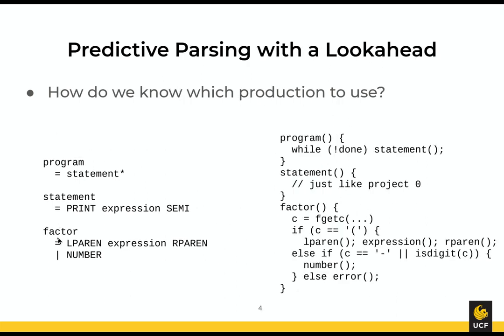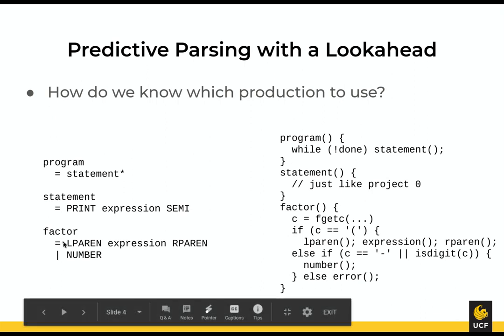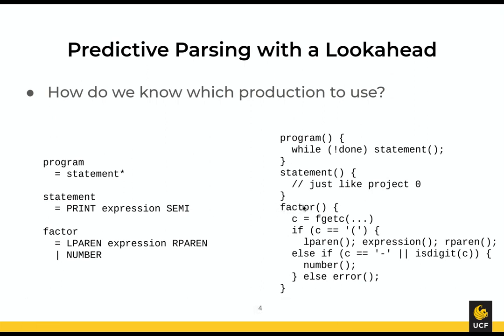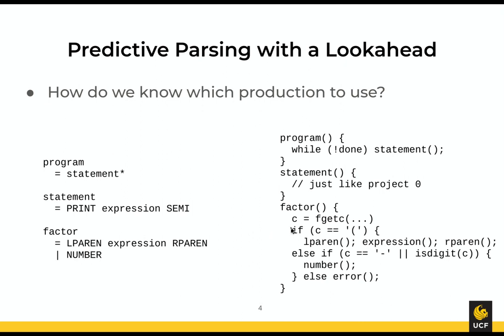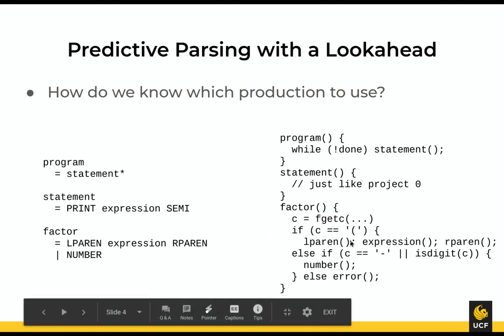So factor, for instance, has two different possible productions. We have one function called factor that parses a factor construct, and it checks which production is being expanded based on the next token in the input. If we see a left paren in the input, then that tells us we're reading the first production, L paren, expression, R paren. So in our code, we just check the next token in the input, and then